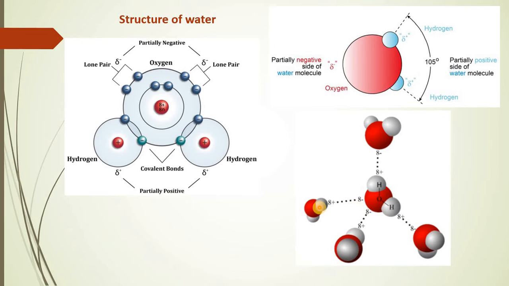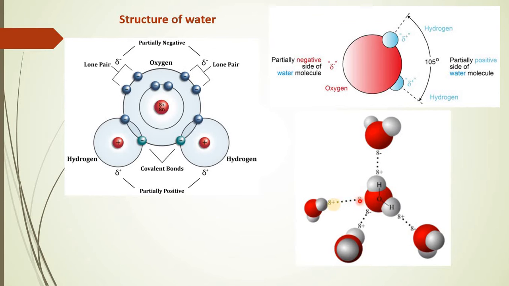Now there are two different types of bonds which we can see in water, that is one within the molecule and one between the molecules. Both within the molecule as well as between the molecules, they are hydrogen bonds, but the difference is the hydrogen bond which is within the molecule is called intra-hydrogen bond, which is covalent, whereas the bond which is between the two molecules of water is the inter-hydrogen bond, and this is comparatively weaker as compared to that of intra-hydrogen bonding, which is covalent bonding.